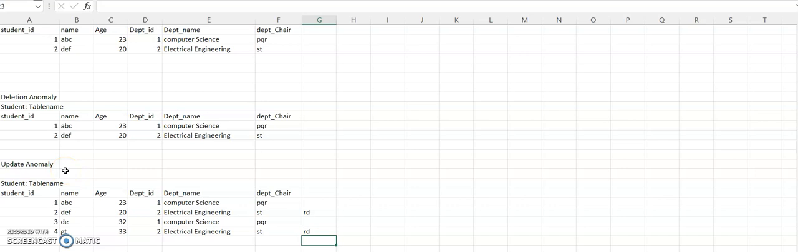And all these anomalies, that is the insertion anomaly, deletion anomaly, and the update anomaly, can be resolved by this concept of normalization, because the idea with normalization is that every entity should have a separate table. For example, in this example where we are storing the information of both the student and the department in the same table, we could break this table down into 2 different tables,